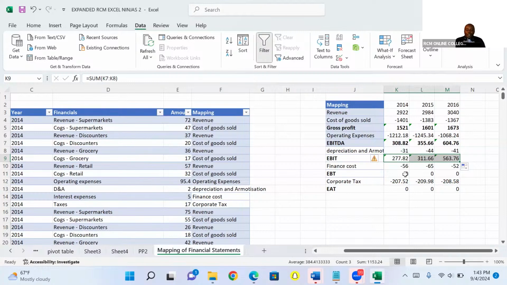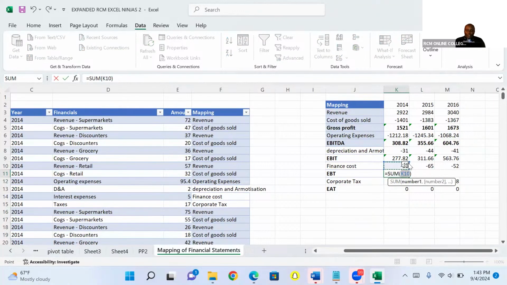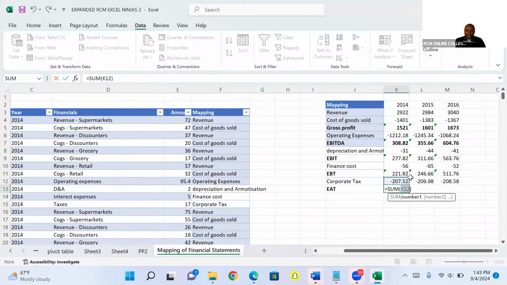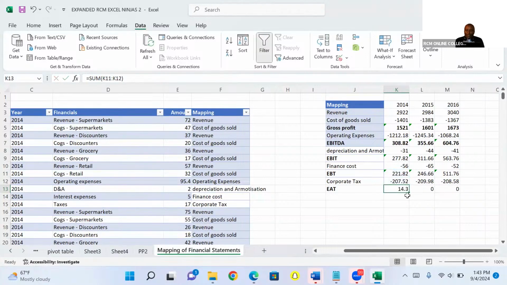We continue. EBT, we are taking this minus this. So it will be alt equals, take this a little bit high to get that EBIT. Say control enter, and then now you come and pull this here like that. And then now we have the EAT, in this case here, alt equals, pull it up a little bit, just a little bit, control enter, and then you should be able to come here and do like that. So you have now 3 years